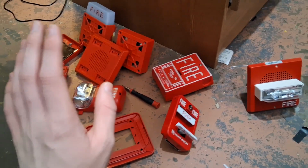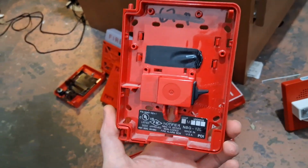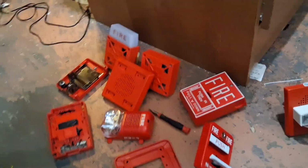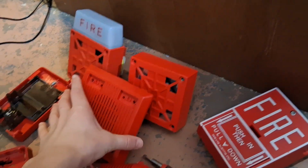Aside from the Wheelock MT missing its screw covers, and this being modified. Can you believe it? An actual installer tried to modify this. It's insane. But yeah, I'm gonna start from least common to rarest. That's a good way to order it. So going first, here we have a Wheelock